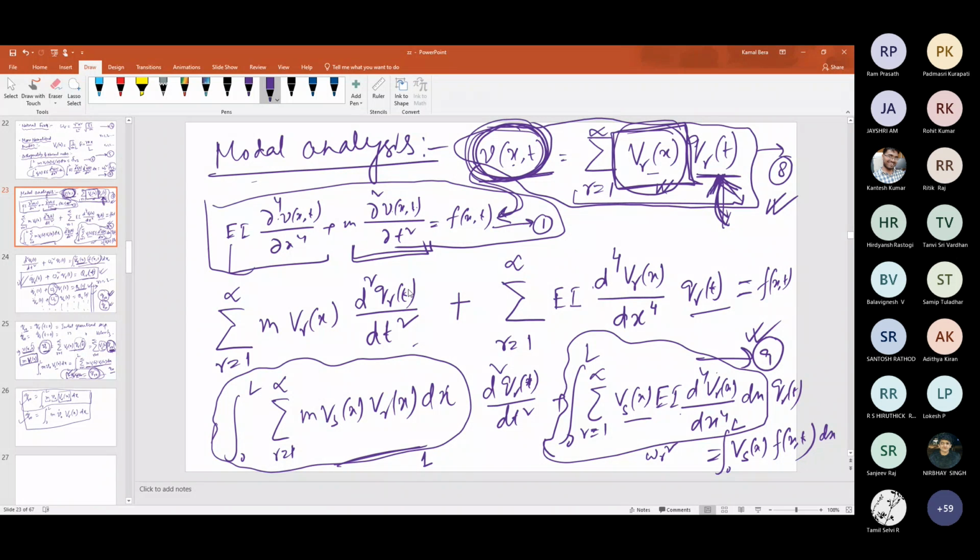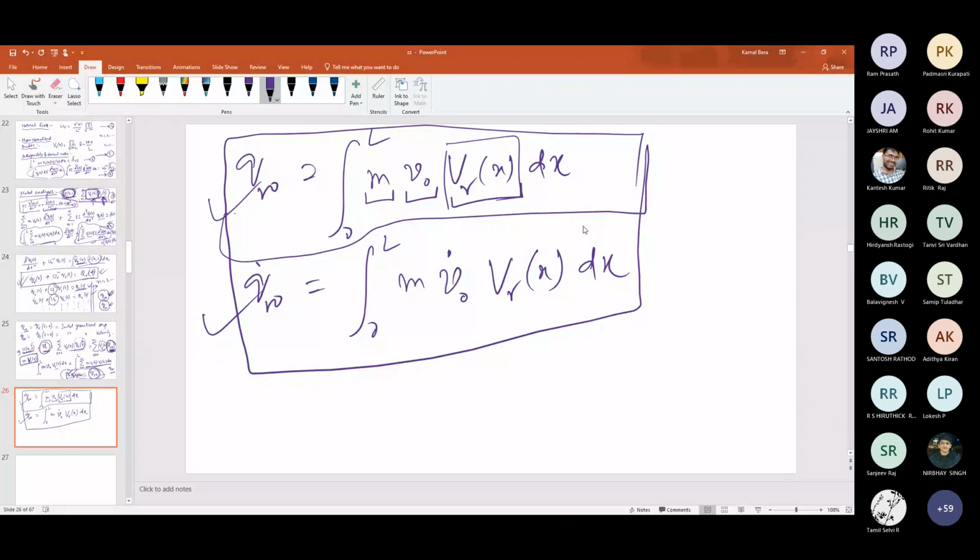But if the beam is tapered, twisted, or many other different boundary or critical conditions are there, you will not be able to find this in an exact manner. Then you have to do some assumed way. That actually leads to the Rayleigh method or the assumed mode kind of method, and that finally leads to the finite element method and similar types of discretization approaches. That is beyond the scope of this elementary discussion.